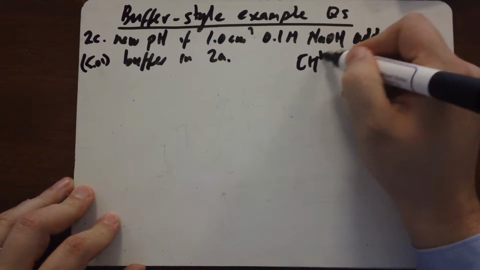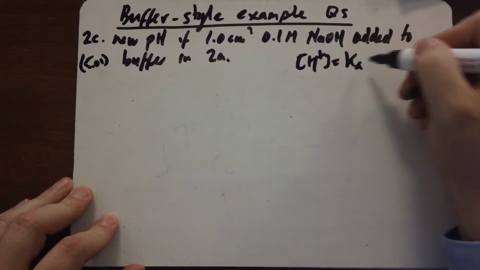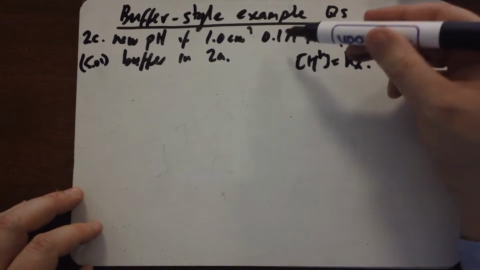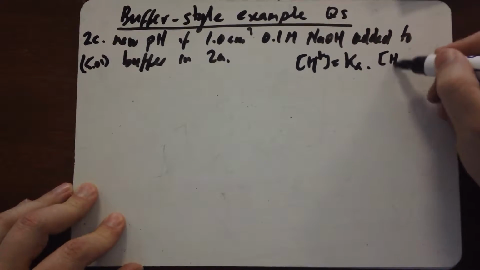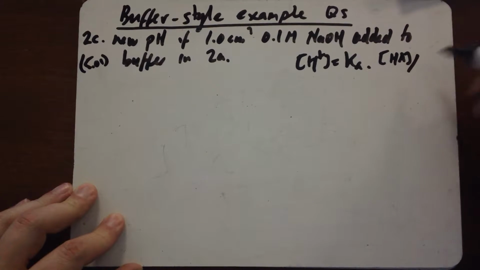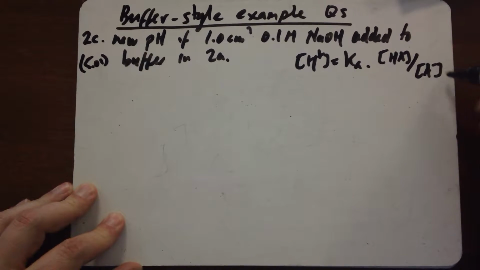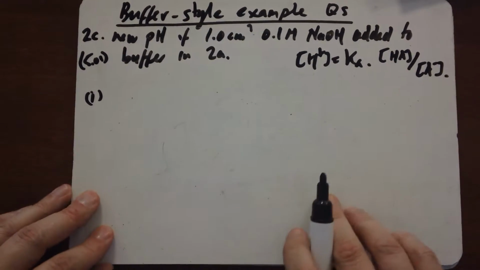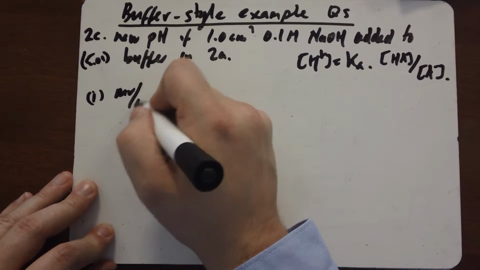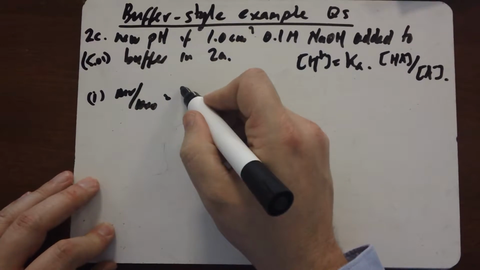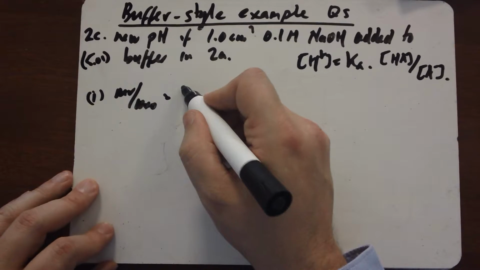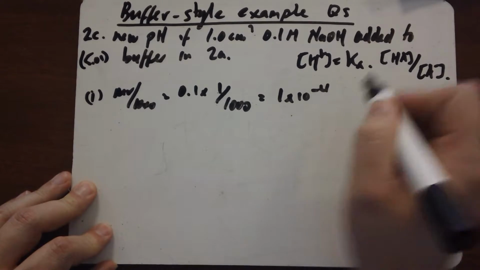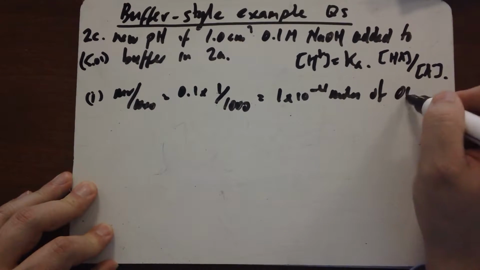Again, Henderson-Hasselbalch tells us that, well, we know the Ka, so we need to work out what effect adding this sodium hydroxide has on the concentration of HA, the weak acid, and what effect it has on the concentration of the A minus. So the first thing to do is work out exactly how many moles of OH minus you're adding. So it's MV over 1000, which is 0.1 times 1 over 1000, and we get 1 times 10 to the minus 4 moles of OH minus